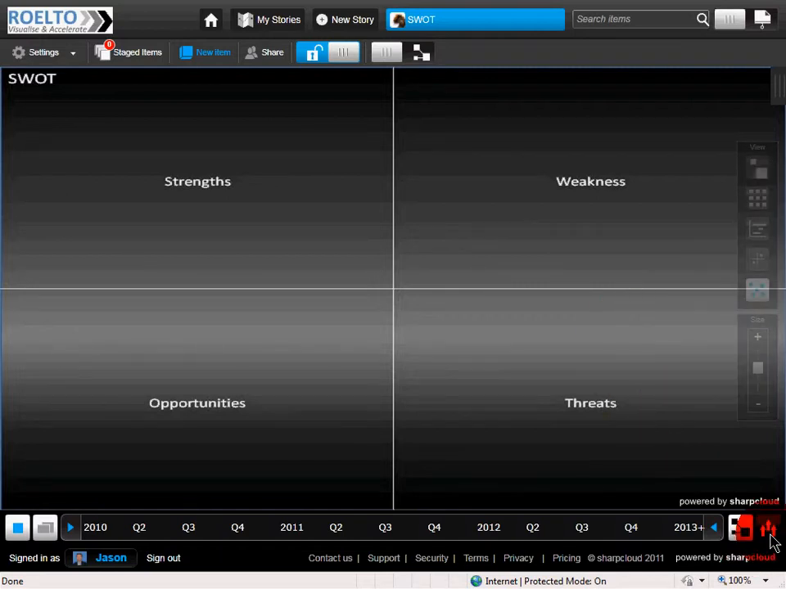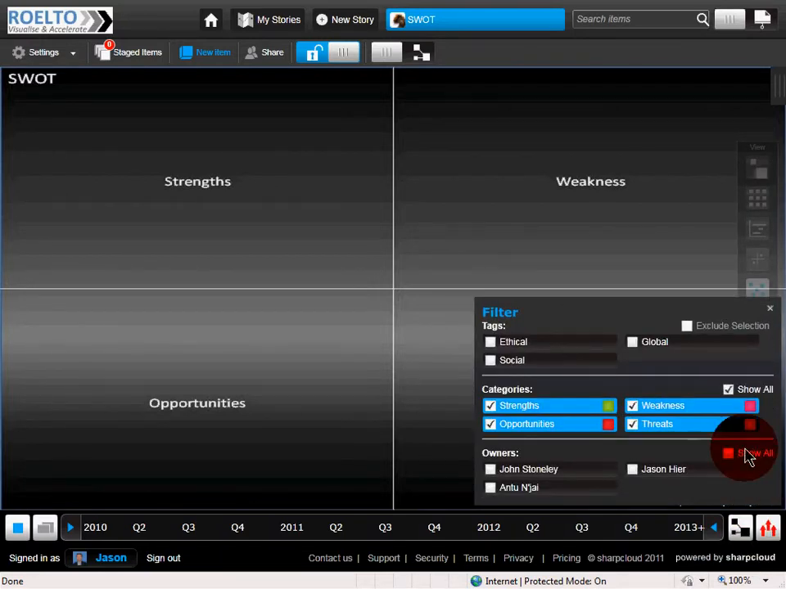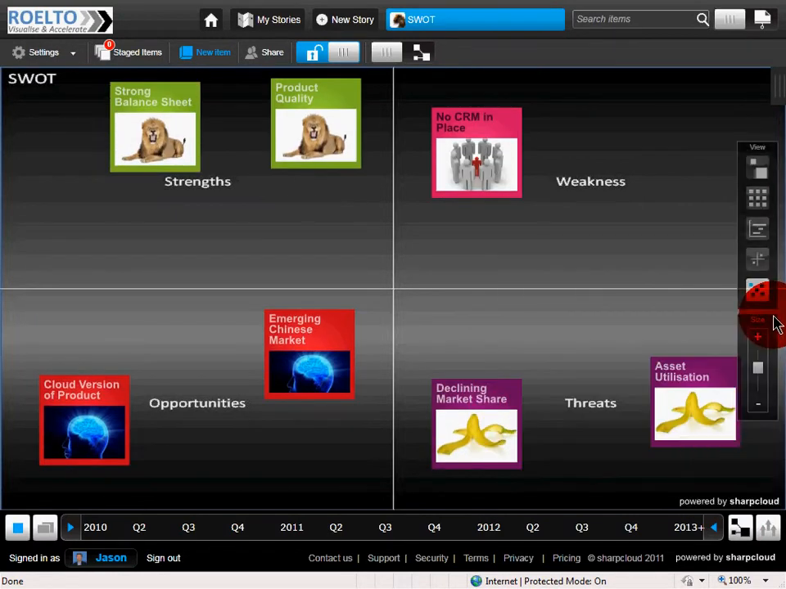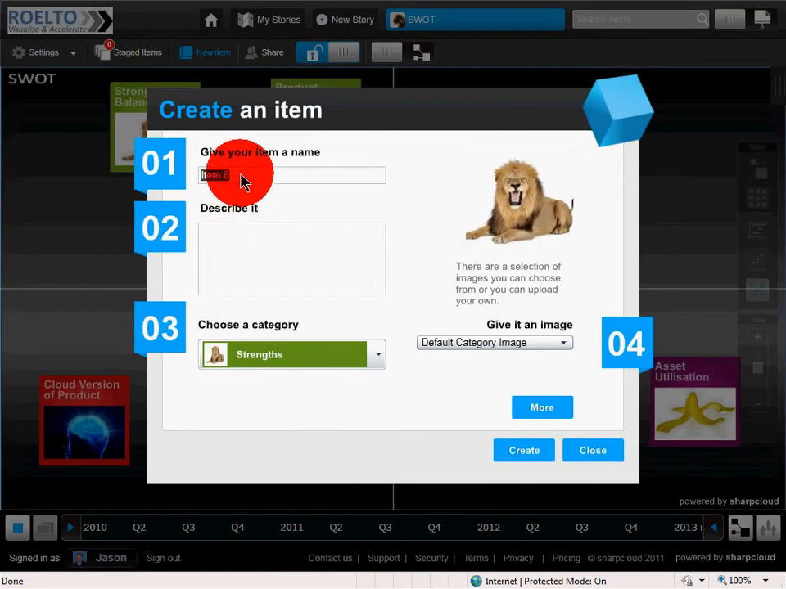Now, I've already created some items just to show you very quickly how we could do this. So I'm just going to the filter here and I'm going to say show all items and then close that. And you can see here what we've done is we've added items that fit within the particular area of the matrix. If I want to add a new item, say for example,